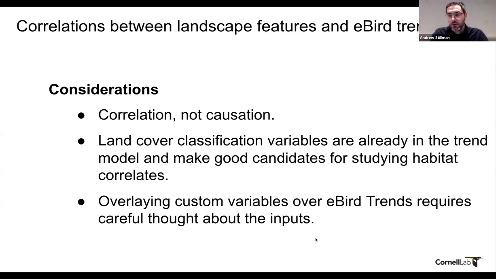Second, one thing that I think is really fantastic about these eBird trend models is that environmental information on habitats and habitat change is already baked into the trend model. So changes to habitats are reflected in these trends. This is different from many traditional models for survey-based data where trends might be based only on differences in counts between years without explicitly using habitat change for trend estimation. So this means that coarse land cover variables, like the ones that you get from remote sensing or the ones that are already included in the models, are good candidates for looking at correlations by overlaying habitat change with the trend estimates as well.